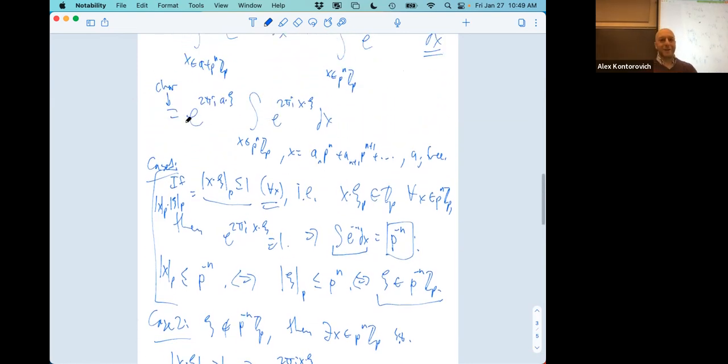So what does this mean? This integral, so this exactly is the Fourier transform. It comes out to either 0 if c is not in p to the minus n Z_p, or it comes out to, now I have to put everything together, e to the 2 pi I a times xc times p to the minus n, else. Let me record that in a better way.